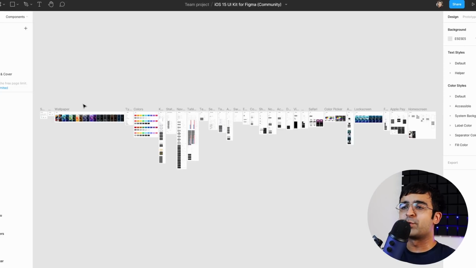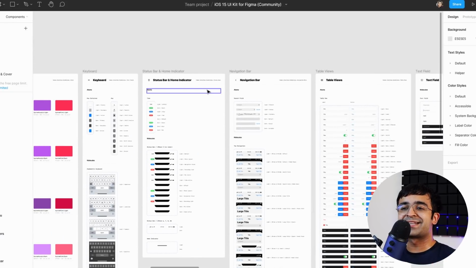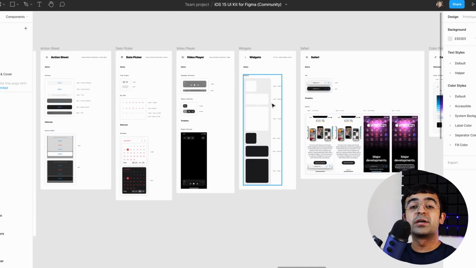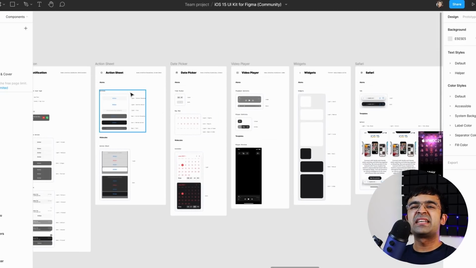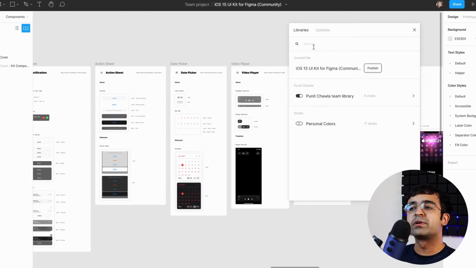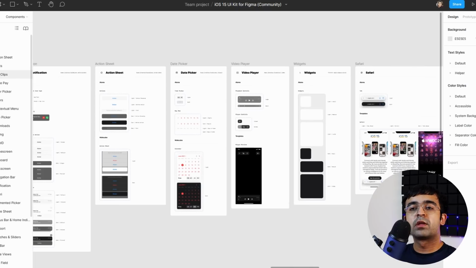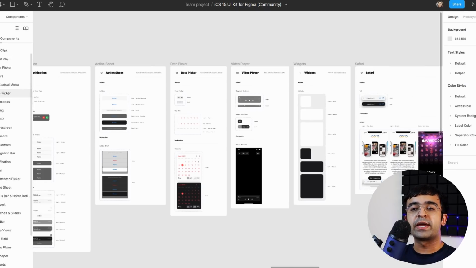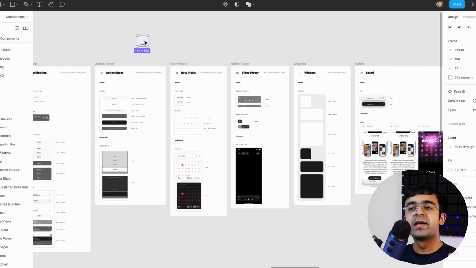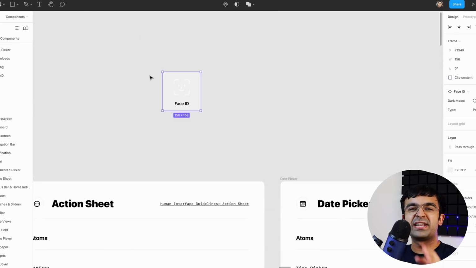Just to explore a UI kit, we have this UI kit on screen, the iOS 15 UI kit. System elements, things like status bar, keyboard, which you'll find on iOS in general, exist in a UI kit or a design library. Now, the best way to use a UI kit like this is to implement it inside the library, either in Sketch, XD or Figma. All these softwares have something called assets, and they also have a library of components that you can see on your screen. Now, all these assets can be used in such a way that designers are able to just drag and drop and utilize in their system or utilize in their UI.